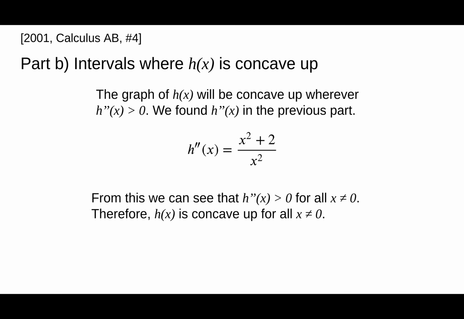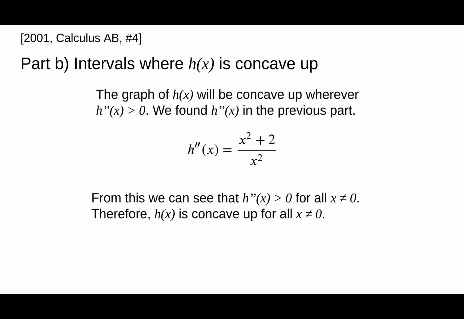Since the numerator, x squared plus 2, will always be greater than or equal to 2, and the denominator will never be 0, since 0 is not in the domain of h, we conclude that h double prime is positive for all x not equal to 0. So, as long as x is not equal to 0, we see that h of x is concave up everywhere